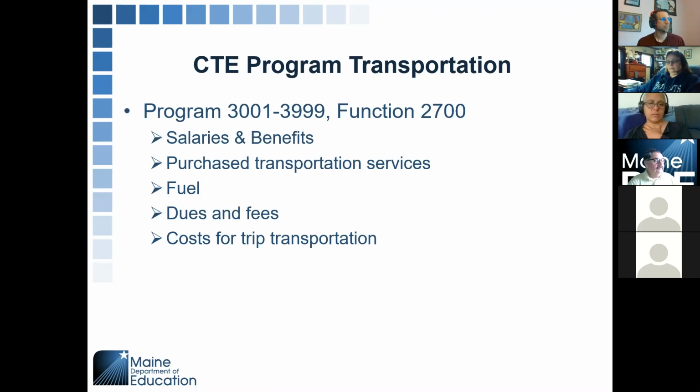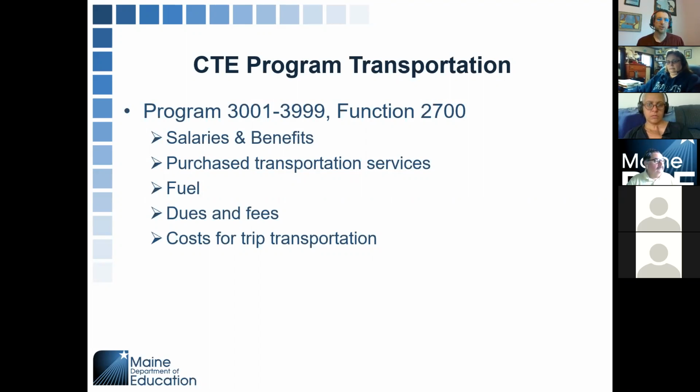So you do have a couple of different ways that you can do that. You can code the salary and benefits to each program. Maybe you're purchasing those transportation services, and you're buying fuel, and in general, you may have some dues and fees that may be necessary. And then, as far as coding the actual cost of the transportation, you can use